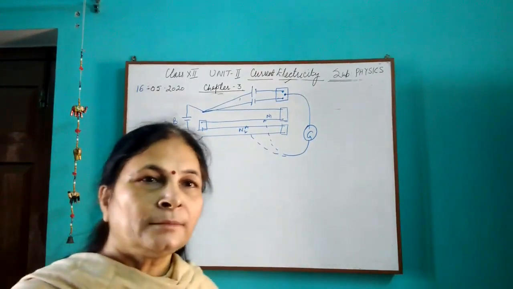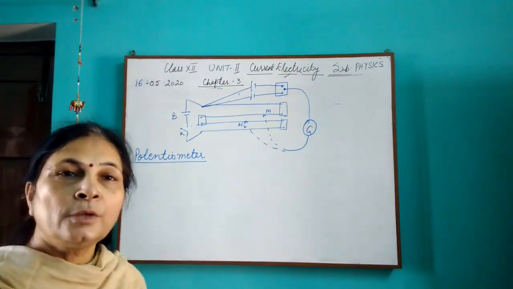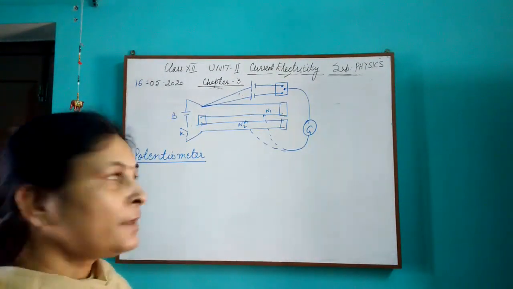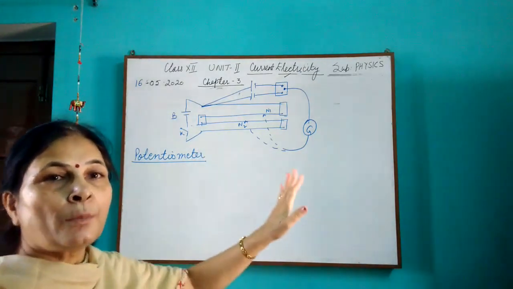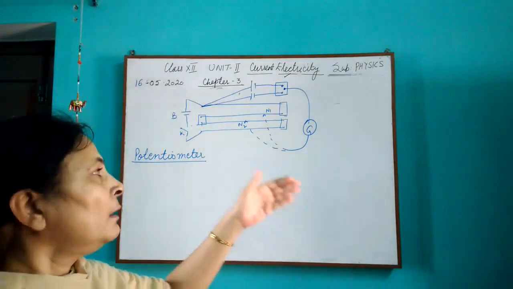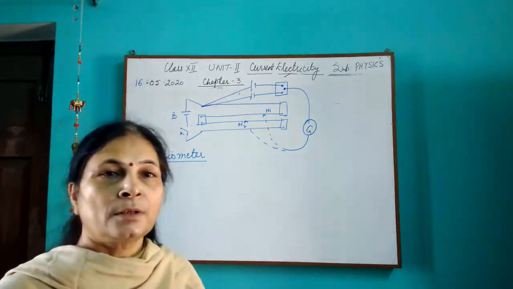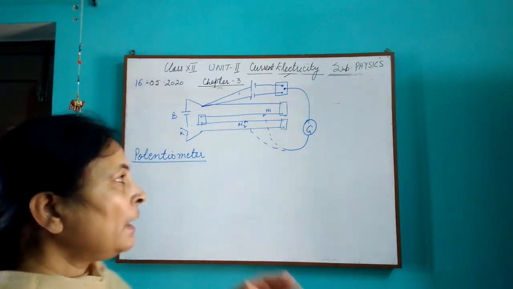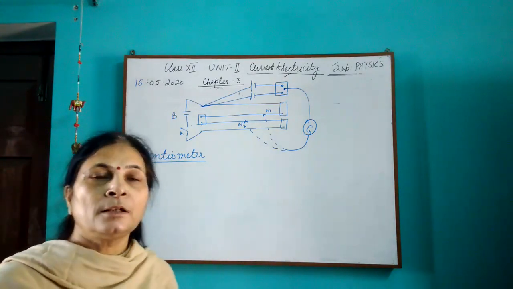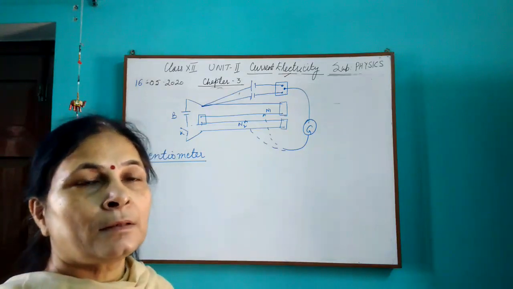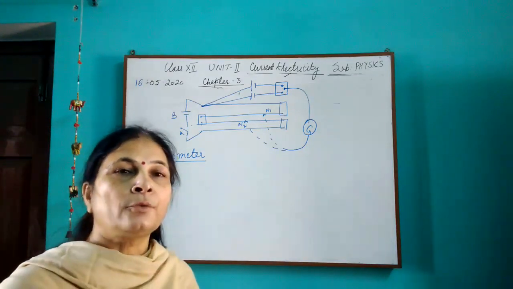Good afternoon, children. So we are again here now to talk about a new device which you have not done so far, the potentiometer. What we have talked about before is the Wheatstone bridge, and then we talked about an application of the Wheatstone bridge, that is the meter bridge, on which principle it works, how it works, and how we can determine an unknown resistance using a meter bridge. This is one of the applications which you have to do.